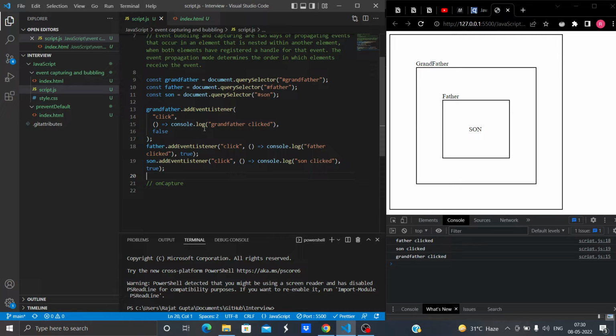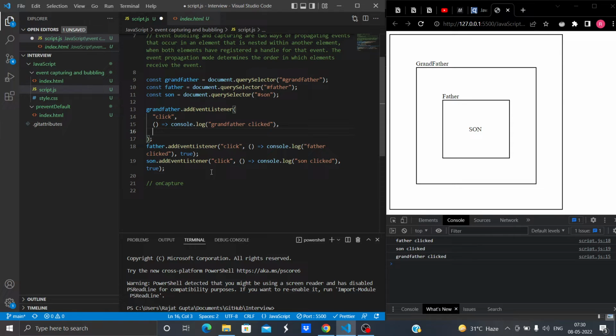No, it's not a superpower, but yes, it is something. Let me reiterate. I can pause the propagation of events at any point I want. So let me show you what I am talking about.